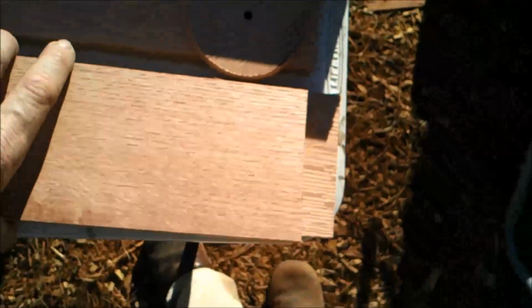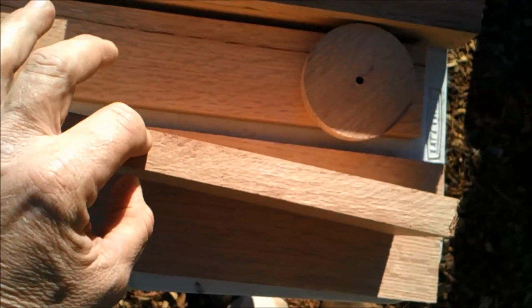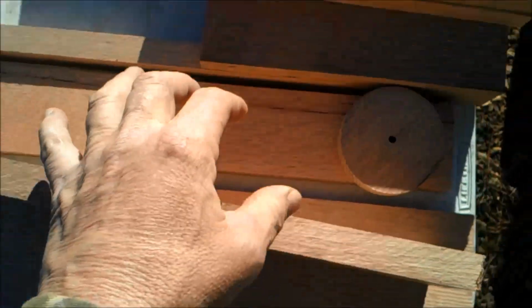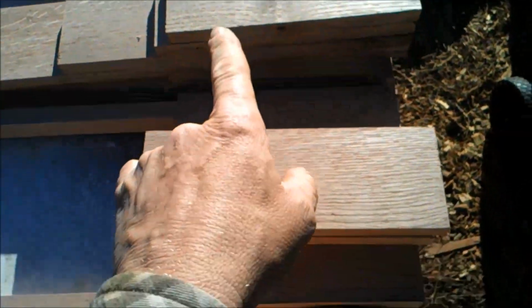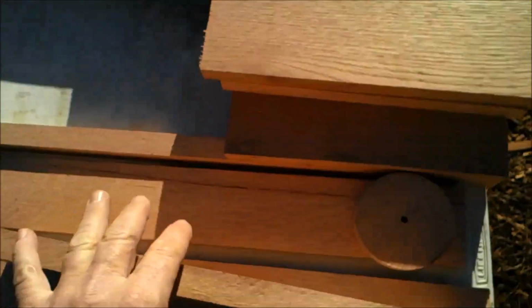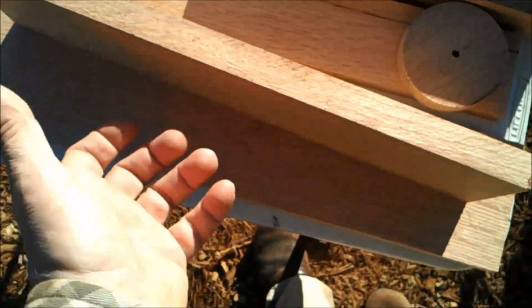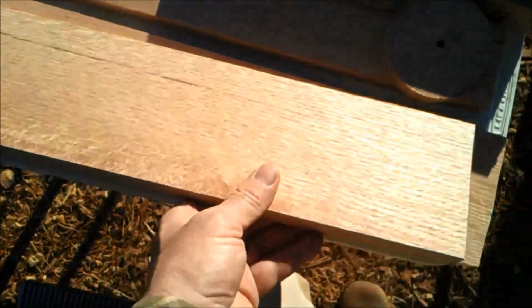11.5. However, this particular set of boards, those are at 3/4. These are at 7/8, because I had to plane these down a little bit more to get them cleaned up nicely. So this one's a little bit thicker, just because I don't need to plane them down any more than I need to. So this one is